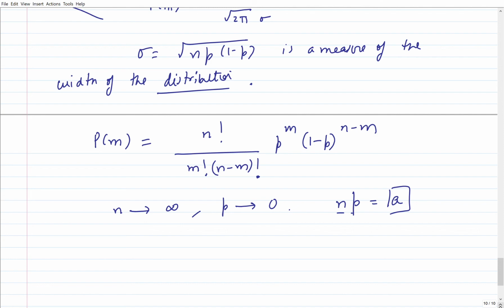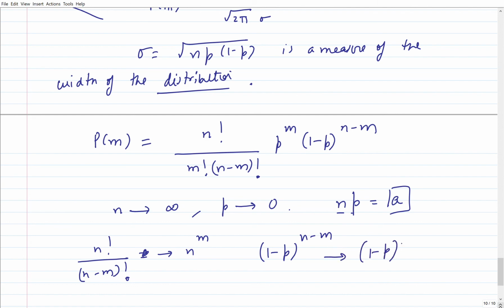So under these circumstances, my n factorial over n minus m factorial would go to n to the power of m, and my 1 minus p to the power of n minus m would go to 1 minus p to the power a divided by p,